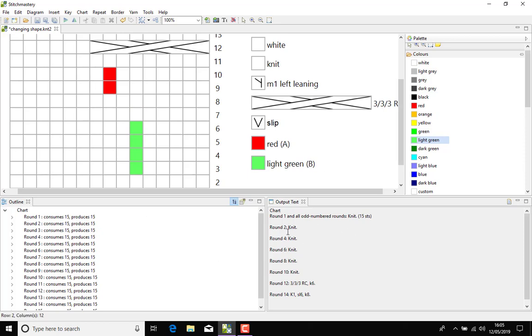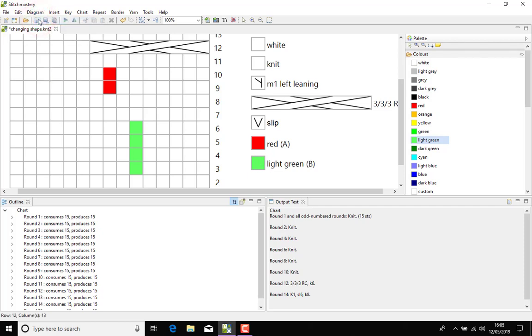Now, as we've mentioned in other videos, adding colour to the chart doesn't automatically translate to adding different yarn colours to your output text, and that's because you may be using colours for guidance to highlight different things, so the software doesn't assume.